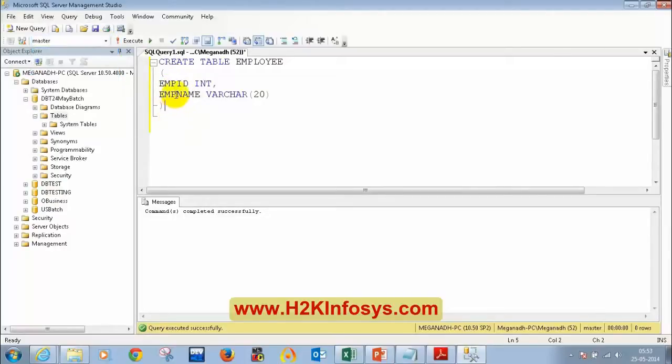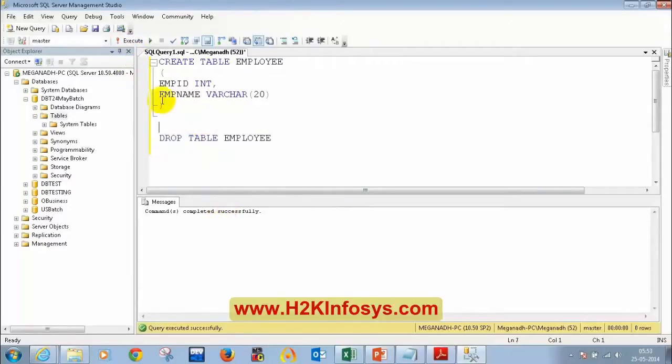Before doing that, let's drop this table in master. Otherwise, we don't need to touch the master database. So let's delete the table. Let's drop the table, drop table employee. Why are we dropping this? Because by mistake we created this in the master database. So all you need to do is select this line and click on this execute button. Now this table has been dropped from the master database.